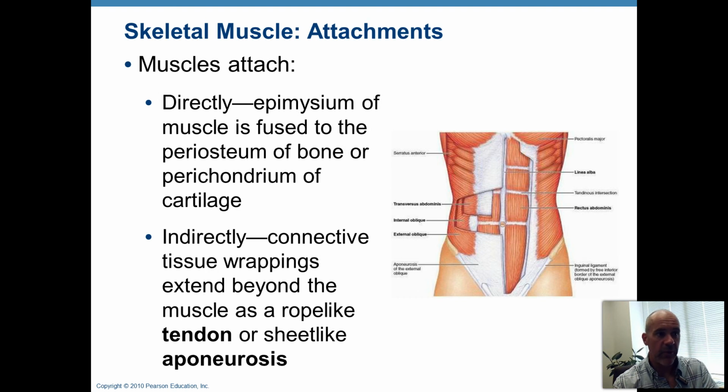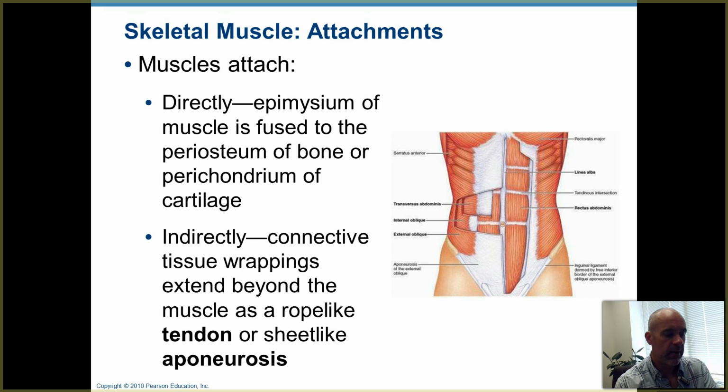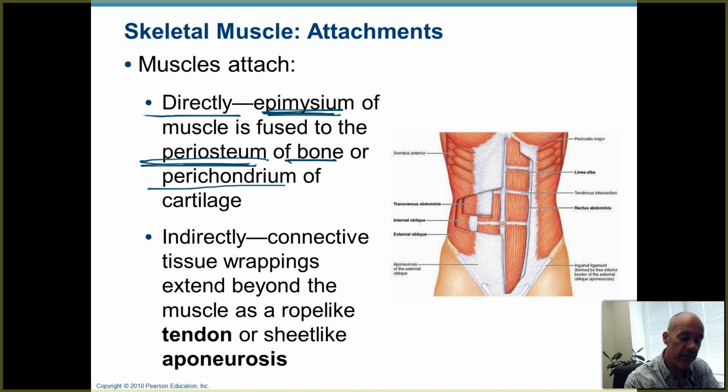Let's talk about those skeletal muscle attachments. Again, what do skeletal muscles attach to? As I mentioned earlier, muscles may attach directly to bones or cartilage. The epimysium of a muscle may be directly fused into the periosteum, that connective tissue around a bone, or the perichondrium around hyaline cartilage. If you remember, the periosteum around the bone is analogous to the connective tissue covering around cartilage, and that's called a perichondrium. Or then indirectly,